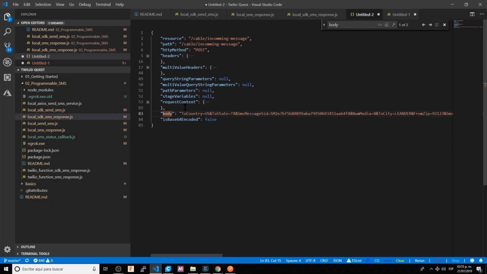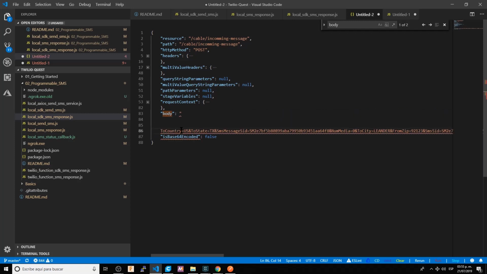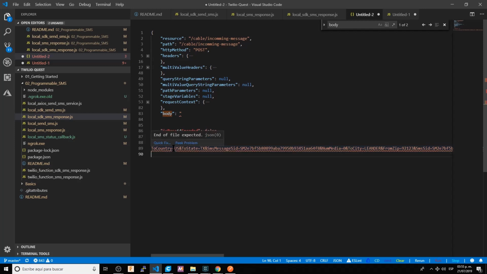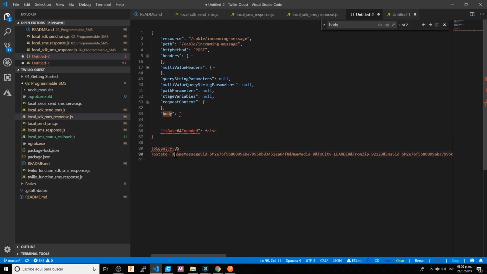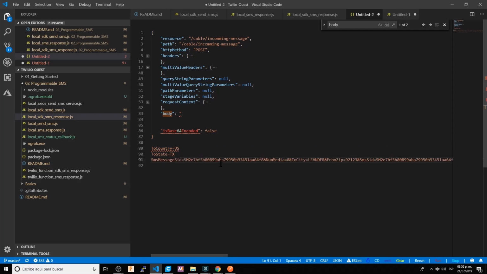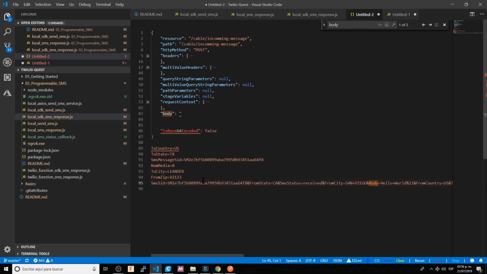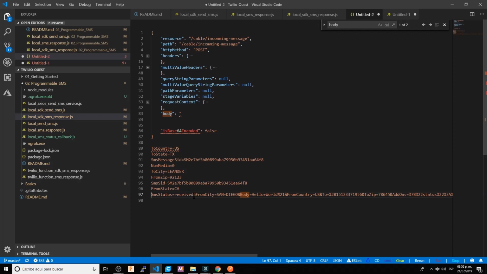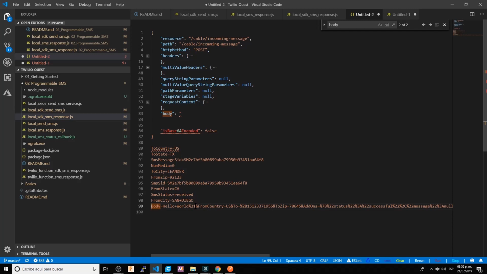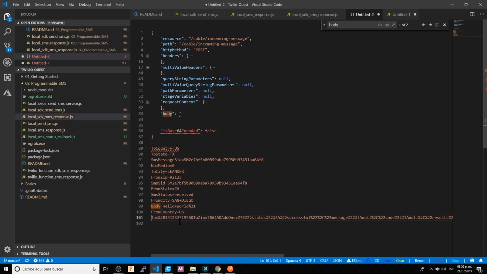So if we do a manual parsing of the parameters that this call had. So to country, let's just create a new line where we have ampersands, message ID, to city, from, message ID, from state California, SMS status received, from city San Diego, the body, from country, to